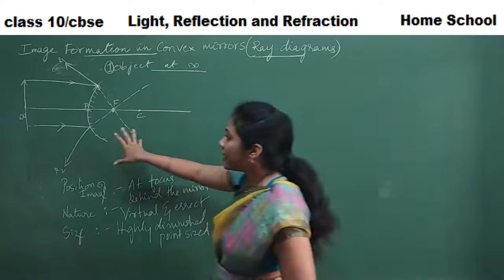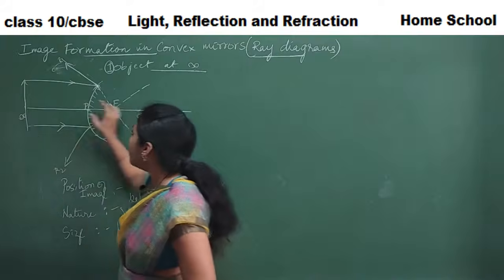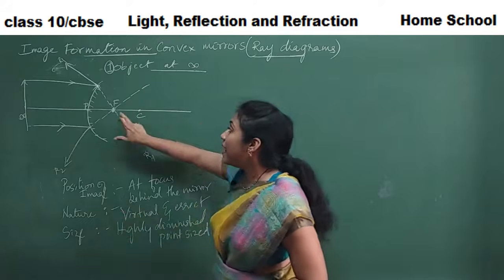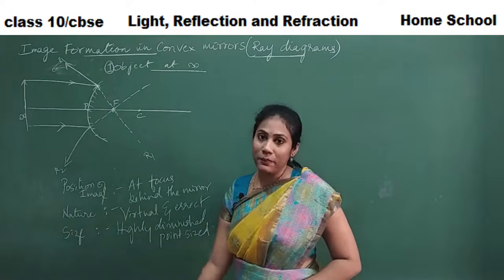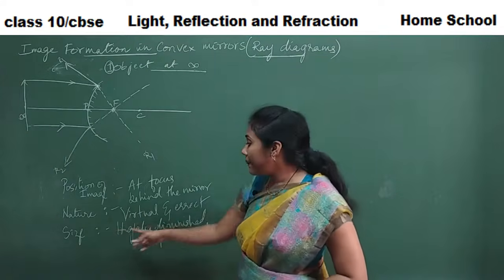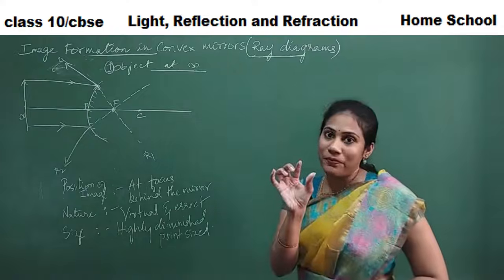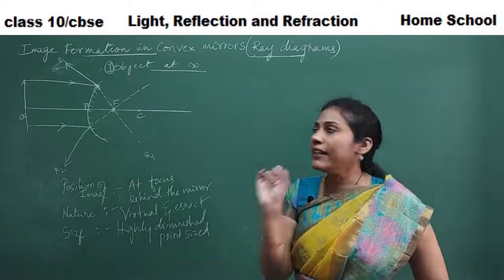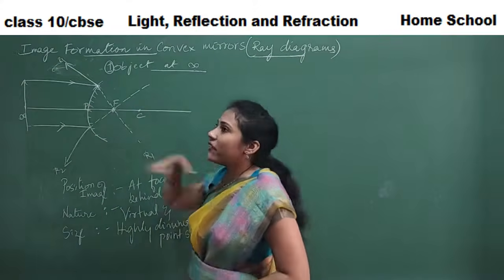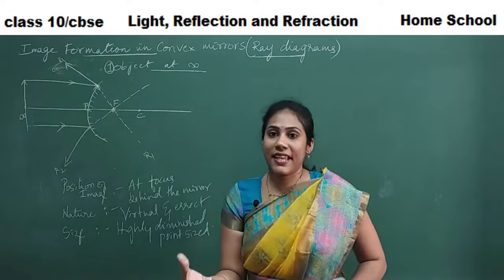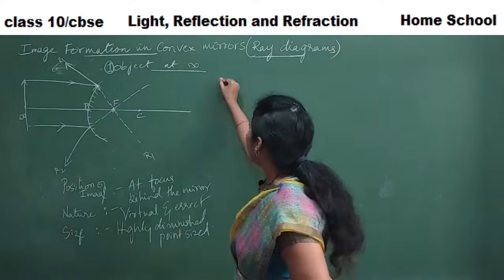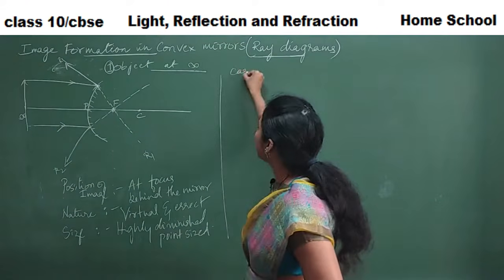So when the object is kept at infinity point, you would get the image backside of the mirror, that is the virtual image, exactly at focus point, principal focus, and the image is erect, and the image size is point sized. Okay, very small image, little dot image you will get. Though you have a bigger object, that object will appear in a very small size image. Okay, fine. And now coming to case 2.